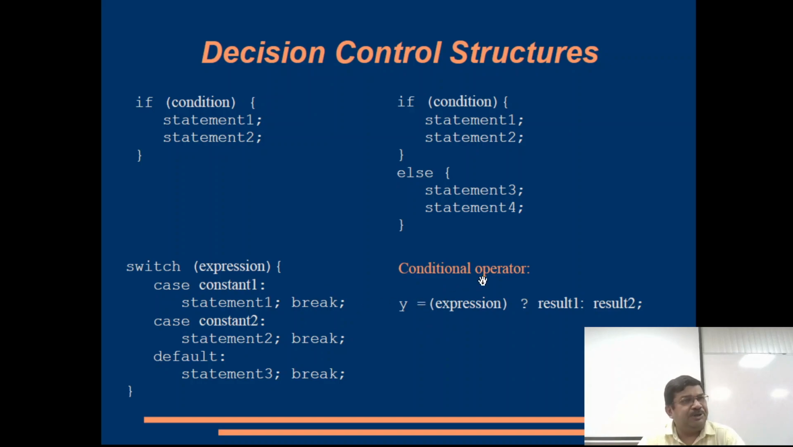So this conditional operator is the only ternary operator in C++. Ternary operator means it has three arguments. Binary operator takes two arguments, unary operator takes one argument. So this is the only ternary operator where you have an expression and then two results. So whatever the condition of this expression happens to be, right? So if it is true, then you have